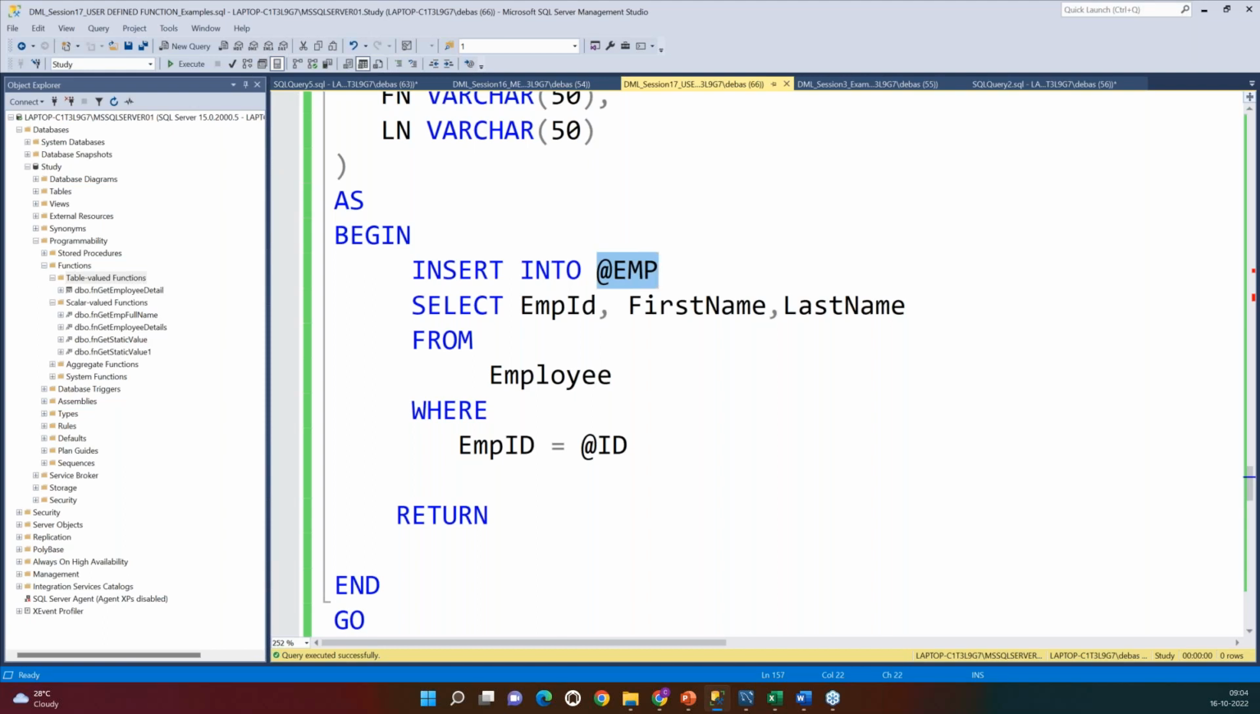It is an interview question. Please take a note. You cannot do direct DML operation on a function, that is, insert in a table, right? But you can do insert into a table variable. This particular structure is known as a table variable. You will study about the table variable in tomorrow's class, but do remember, you cannot do direct insert into